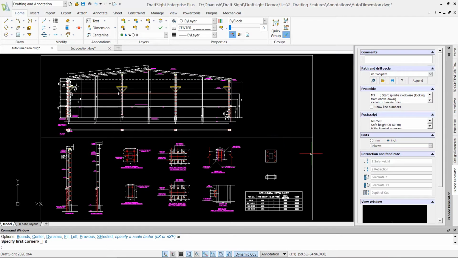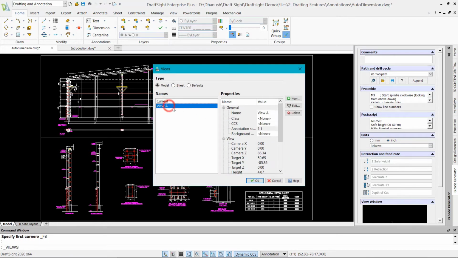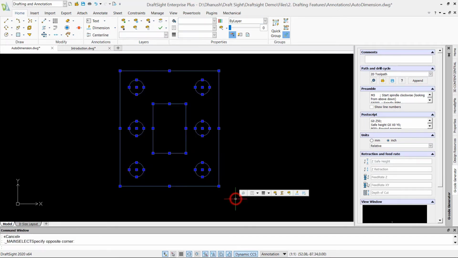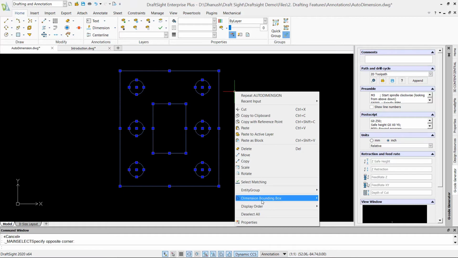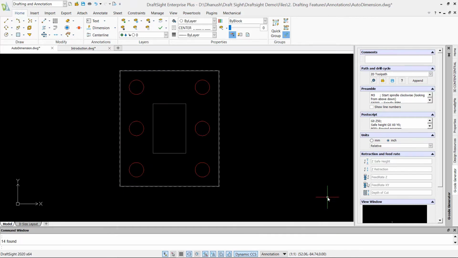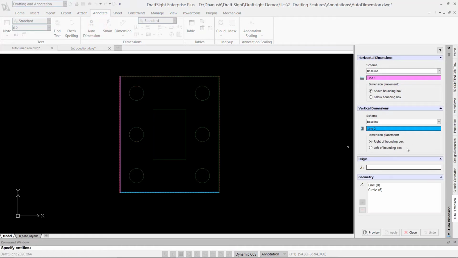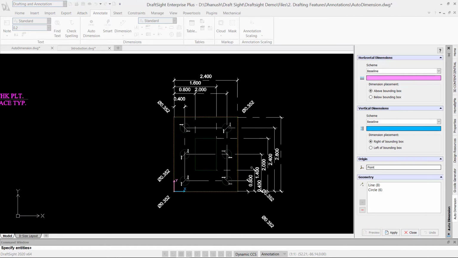Auto dimensioning. You can use the auto dimension command to automatically create baseline, continued, and ordinate dimensions for specified entities that are enclosed within a dimension bounding box. The auto dimension palette lets you control the dimension type, location, and origin. You can also add and remove entities from the selected entities to dimension automatically.